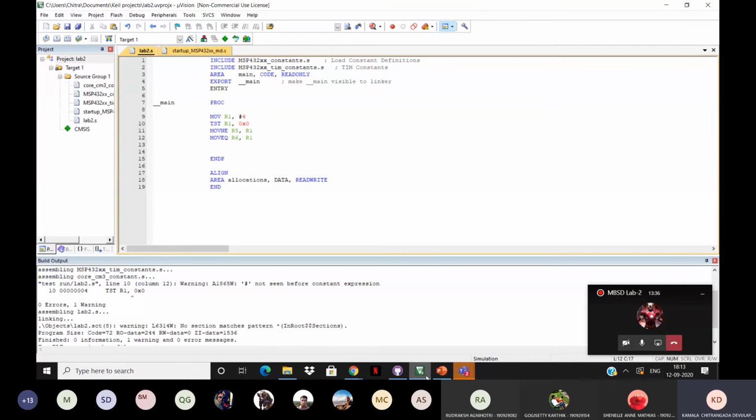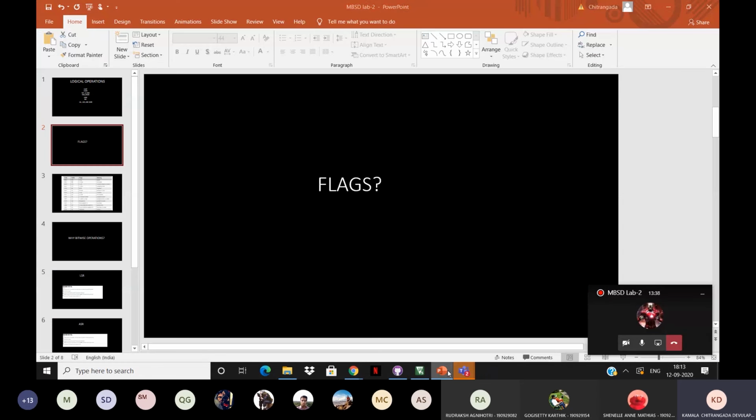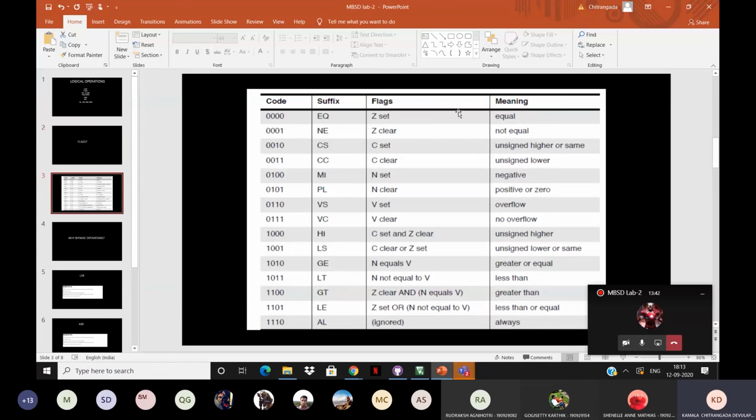So these are the conditional commands that you use to check the flags. Has this been shown in the MBST class? Can someone tell me? They did show it, but then they never really taught anything. They didn't include this in our code or anything. Okay, fine. I'll show you a code which includes all of this, some of it at least.